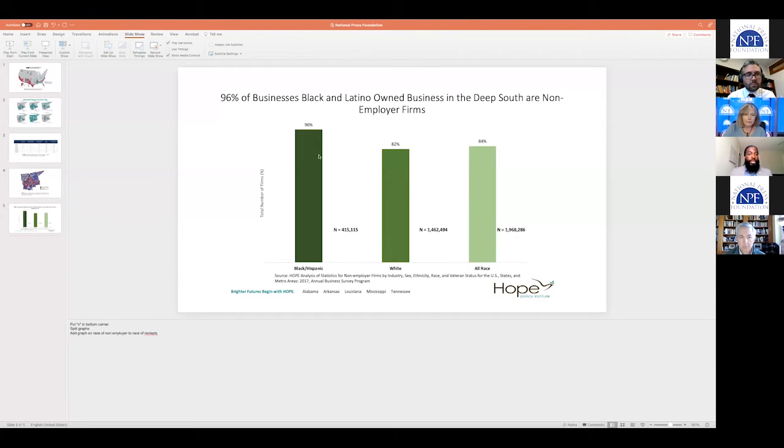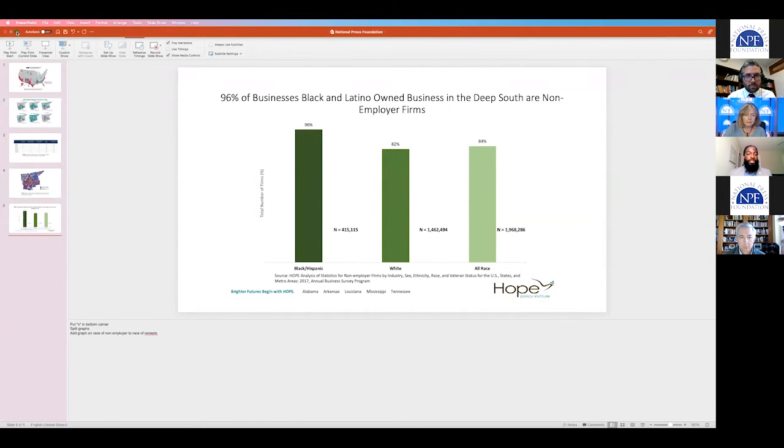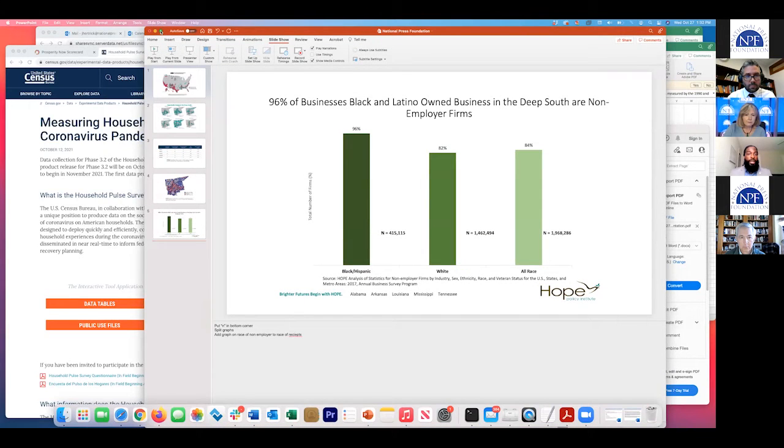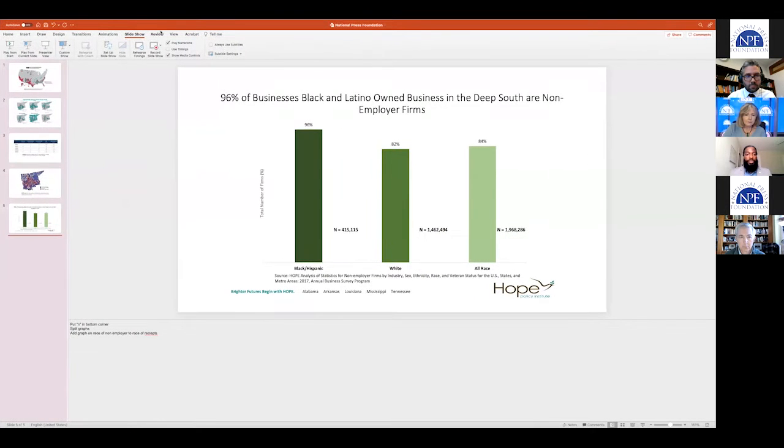Furthermore, Jeff, if you can pull up this slide that shows a bar chart of non-employers in the Deep South. Furthermore, when we think about increasing access to federal relief programs for small businesses, we know that sole proprietors, which are a form of non-employers, struggled to access the Paycheck Protection Program during the first round. Now, a non-employer is simply a business that doesn't